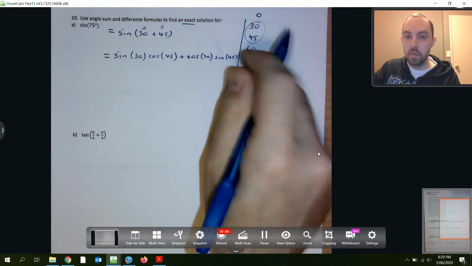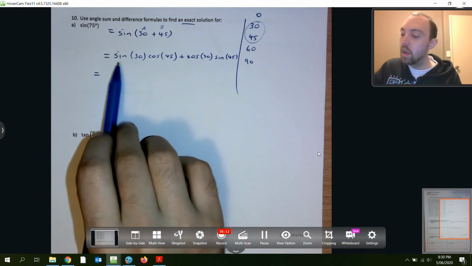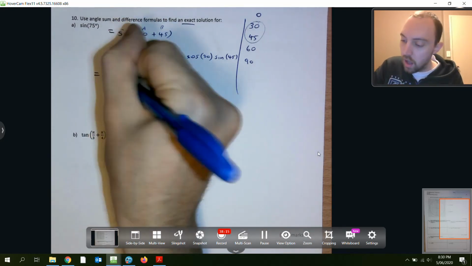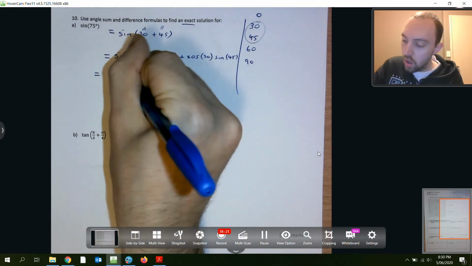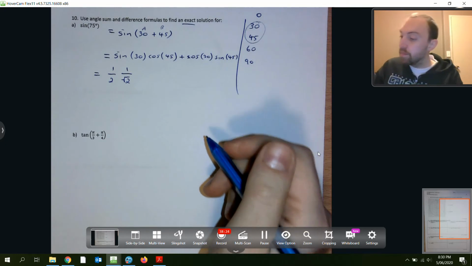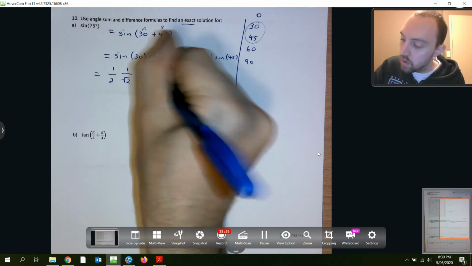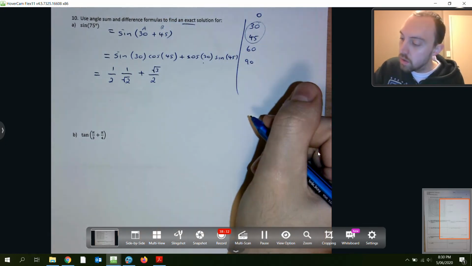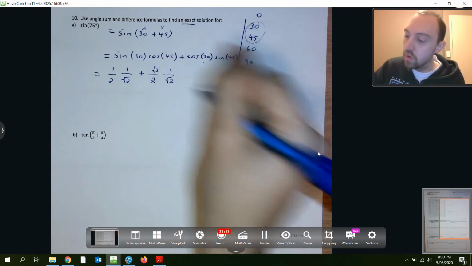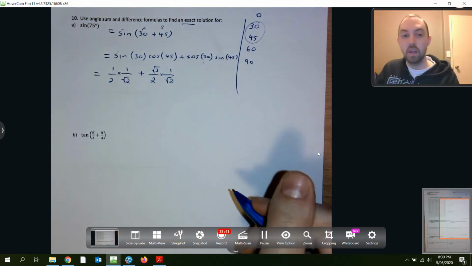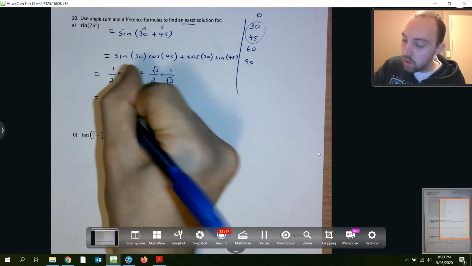Okay, trying to keep that part separate for now. So sine of 30 is half. Cos of 45 is 1 on root 2. Plus cos of 30 is root 3 on 2. And then sine of 45 is 1 on root 2. And these fractions are being multiplied together. Alright. So I have 1 on 2 root 2